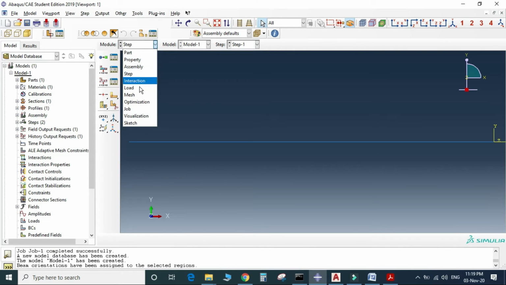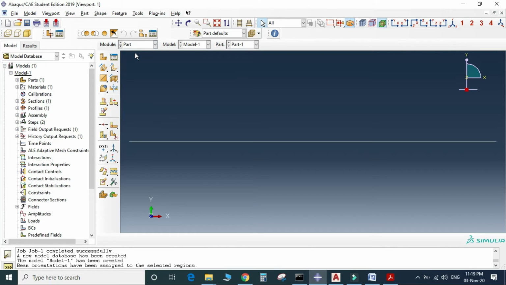So next, the load. Before we follow the load conditions, we have to separate the simply supported beam into two parts because of the central point load. The point load is acting on the center point. So now we can create the center part. Okay, so again shall we go to the part section now.